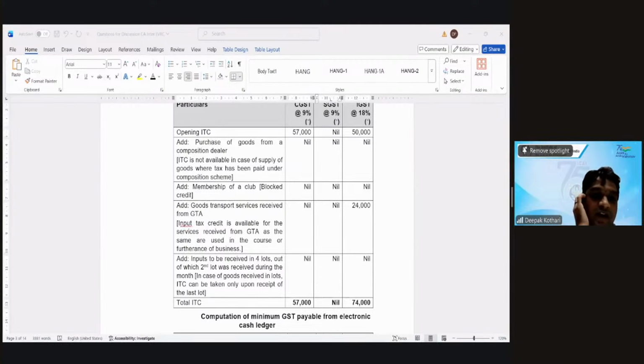What if in case of advance, it was not said that the invoice for the full 4 lakh was issued in February? Okay. Will GST for 1 lakh be paid in January? No, Kushi, because on advances, we don't pay GST. If you receive advance for goods, you don't pay GST on the advance receipt. If it is services, only then you pay GST on advance receipt. But if they have specifically said it is goods and they have received advance for goods, we don't pay GST on advance for goods.